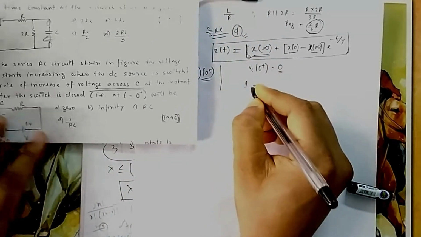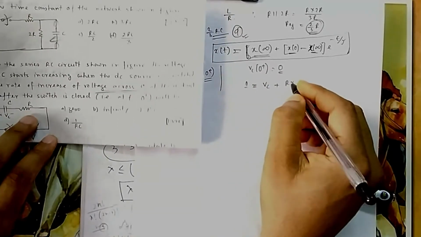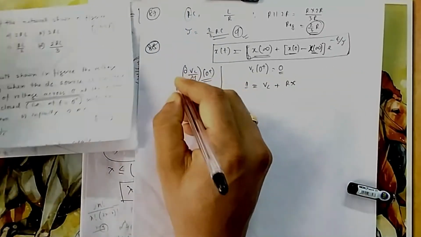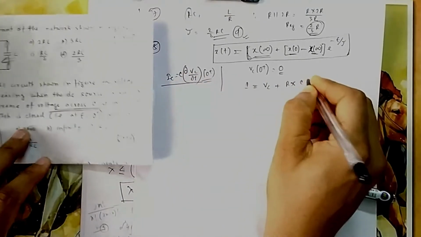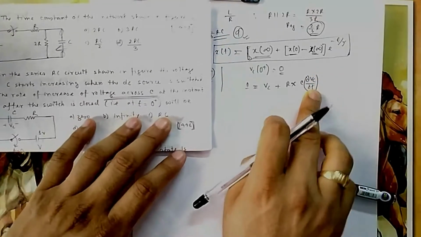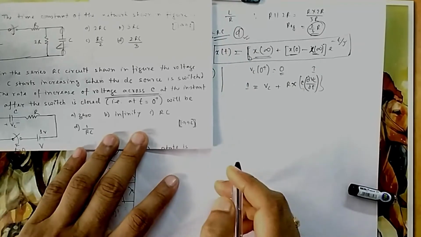So this voltage is equal to this plus this, Vc plus this. So I into this current. What is this current? This current, you use this one. What is the current? IC. So IC is equal to C dV/dt, we know. So we can use this one: C dVc/dt. With this we have included this term because we need to find it also. This becomes my I, because it is in series, the same current will flow.